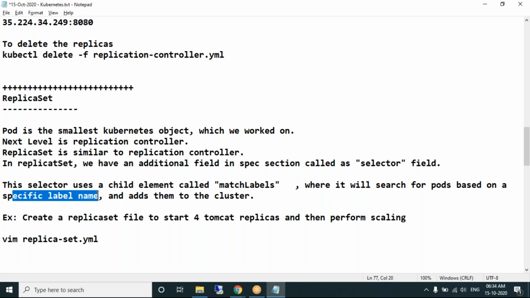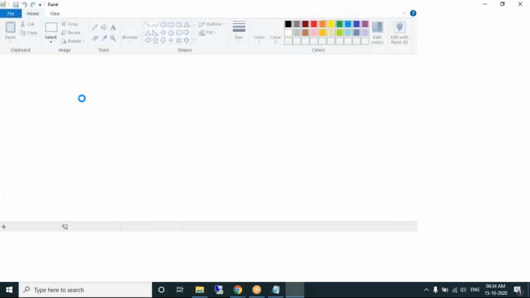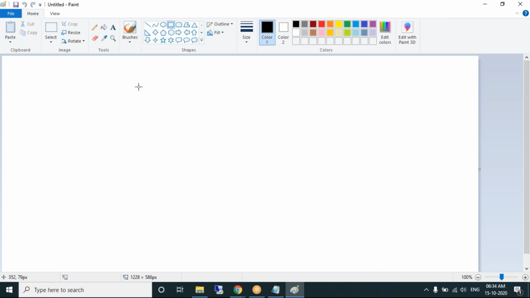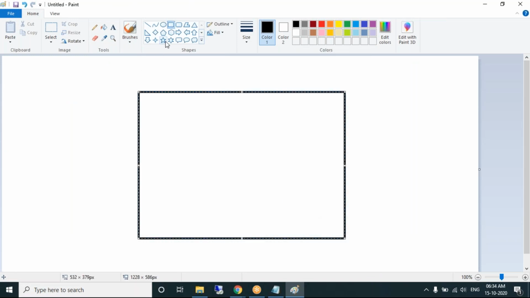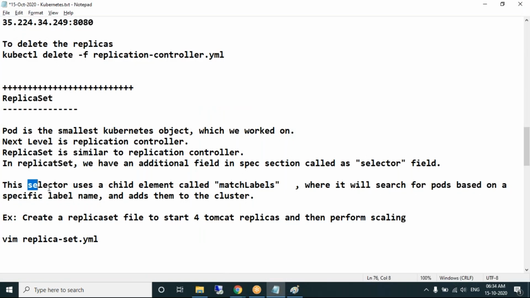In our cluster, assuming there are already some pods which are running, 1, 2, 3, 4, 5, 6, 7 pods are running. Now the concept is, using the selector field, it will search for the pods matching a specific label name and add them to the cluster.